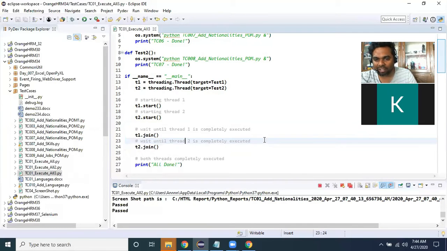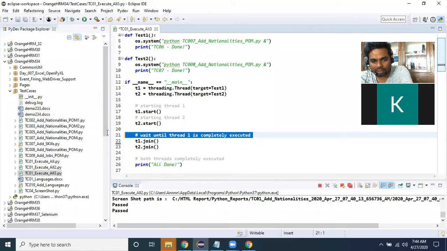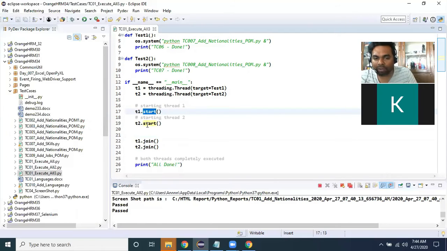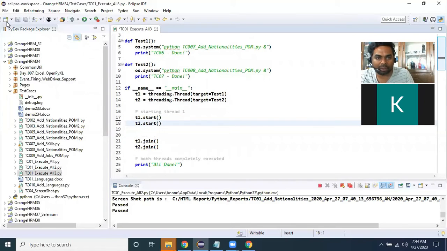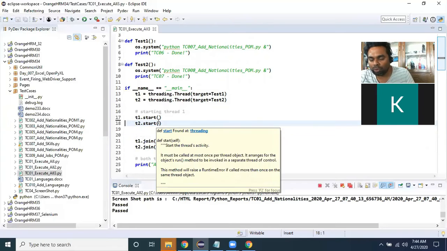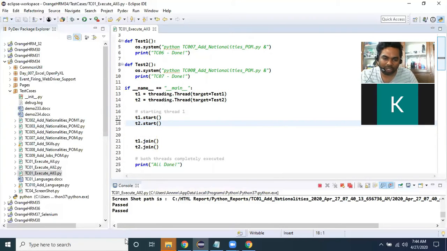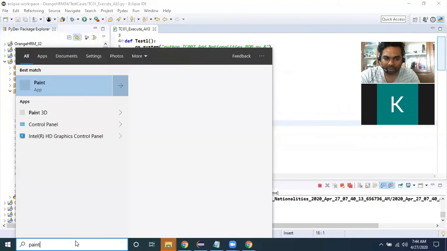Actually I haven't removed these comments. So immediately t1 will be started. Exactly what is that if statement? The t1 start means thread one. So the thread life cycle: the first thread life cycle, first it will start from start. So they are ready to execute through these two threads. What is a process and what is a thread concept, we have to know. Just a minute.